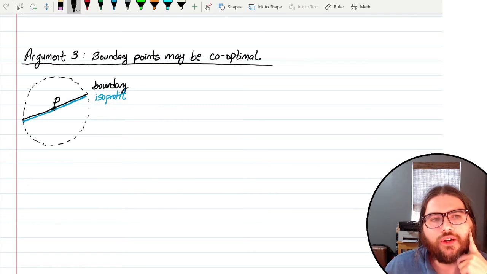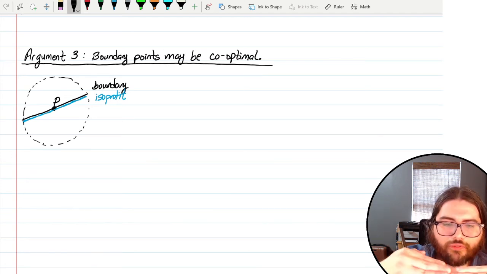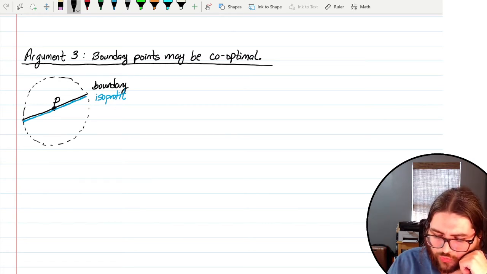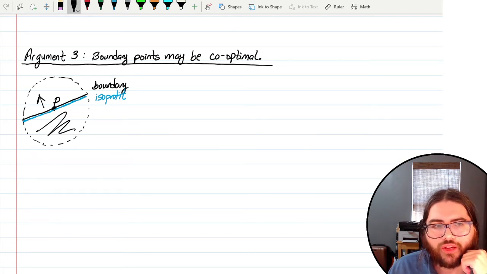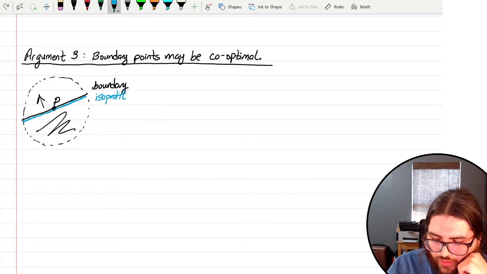So in this scenario, the boundary line and the isoprofit line are perfectly lined up. I know they don't look like they're on top of one another in my picture, but I needed to show you in the picture, the blue line and the black line. But in the graph, they would be perfectly on top of one another. Well, I could still draw the same argument I did before. I could eliminate half the picture because of the boundary line. But do you see that no matter which direction I draw the isoprofit, one side or the other side,